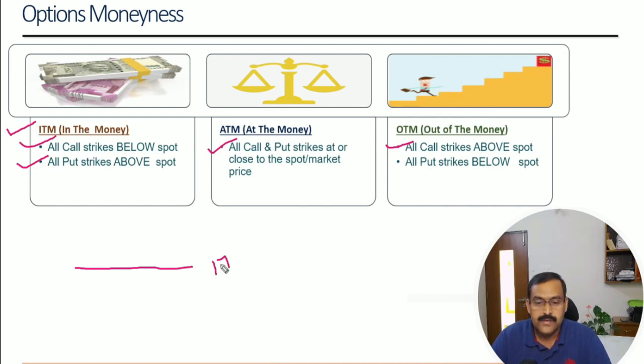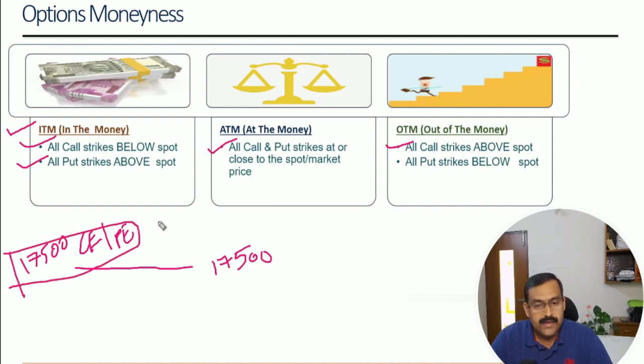So the easiest way to remember is, for example, this is how I do. Let us assume Nifty is trading at 17,500. So 17,500 call and put option are at the money. That's where the spot is, that's where Nifty is trading. So we can call them the at the money strikes. And all the call options above the 17,500, for example, 17,600, 700, etc. are OTM. All call options above the spot are OTM. And opposite to this is the ITM for call option.